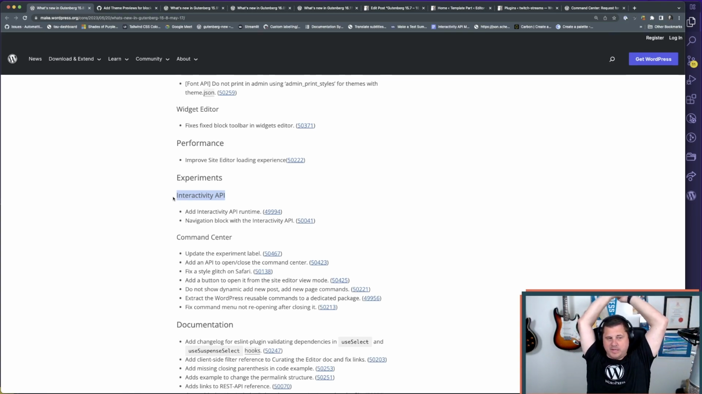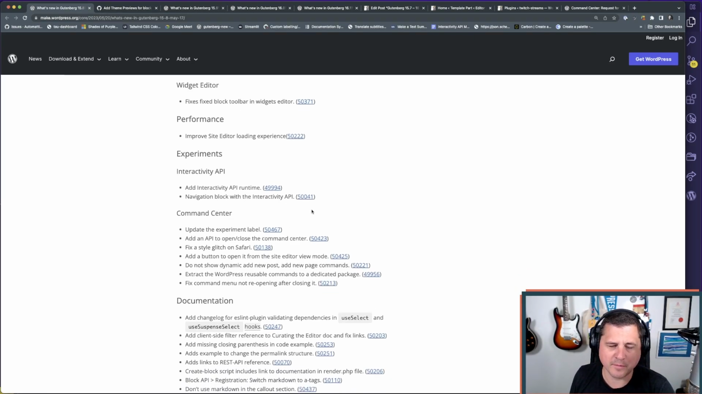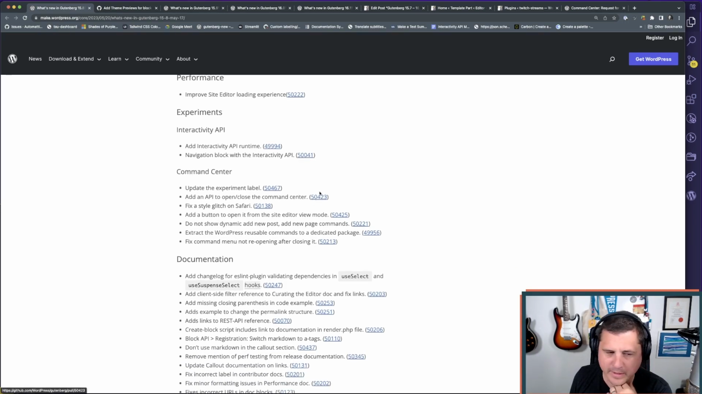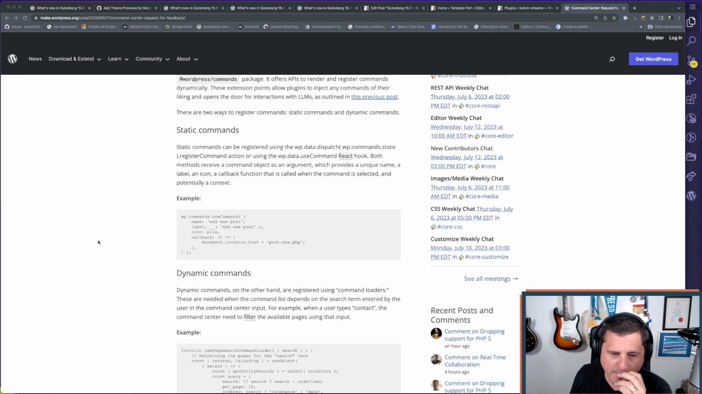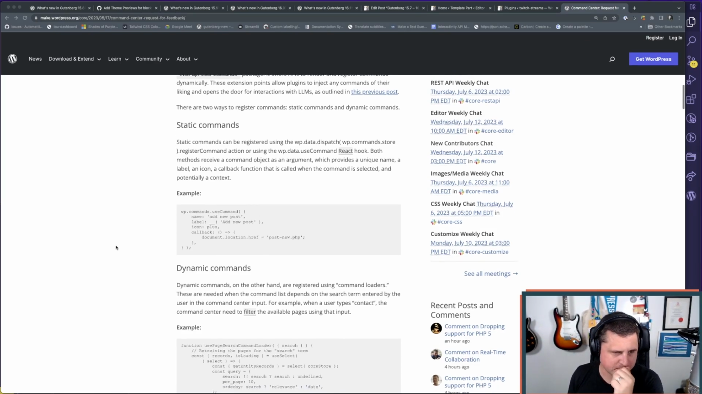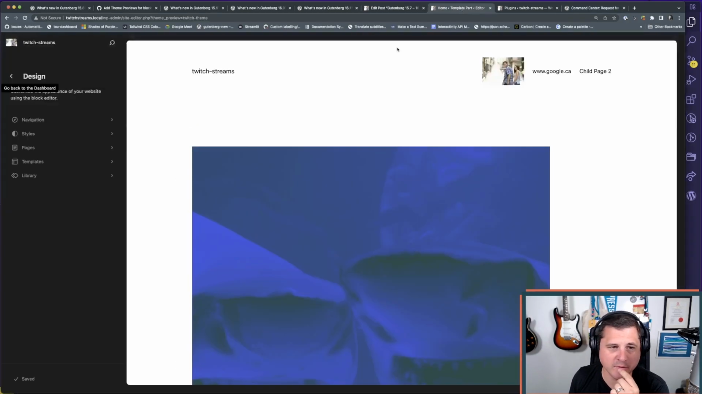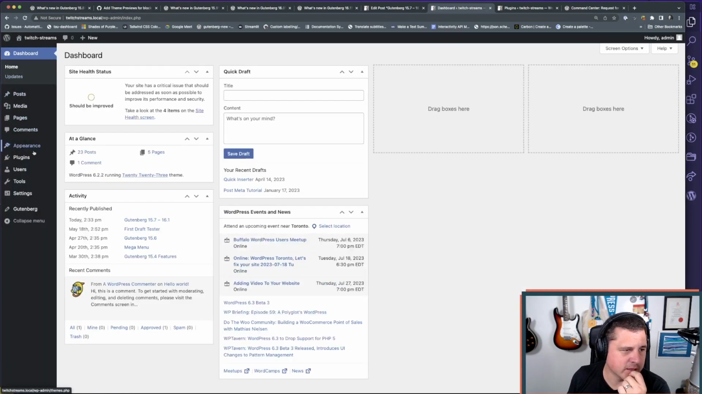It's super cool. It's in Gutenberg, obviously. Yeah, and the navigation block also uses it, but it's an experiment that you have to enable, which is pretty cool. Oh, sorry, no, the media block is an experiment that you can enable. Also, the command center is really cool. I don't know if you've seen this command center thing. I think I'm gonna do an actual stream on this, a full stream where we write code and whatnot. But this looks really, really handy. If you're not familiar with it, basically,